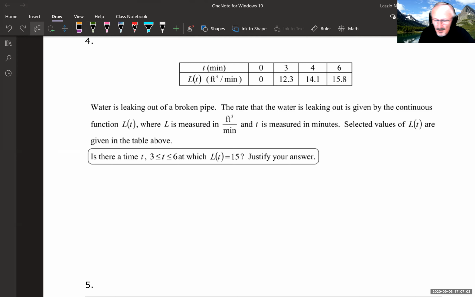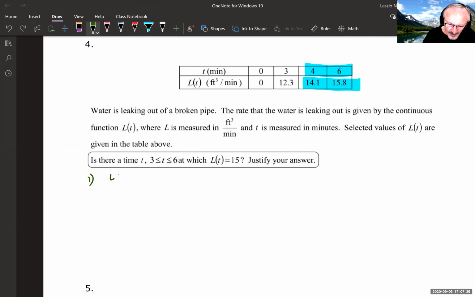Justify your answer. So guys, I am actually zeroing in on the interval between 4 and 6 because here the values of L of t sort of straddle 15. And so what do we need? Remember, the necessary conditions. Okay, number 1. You don't have to number these. I'm just trying to make sure that communication is a little bit easier between you and I, but L of t is continuous,